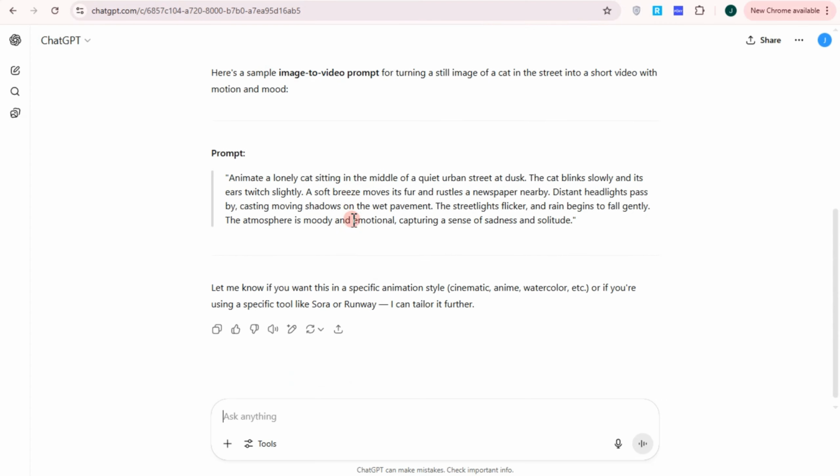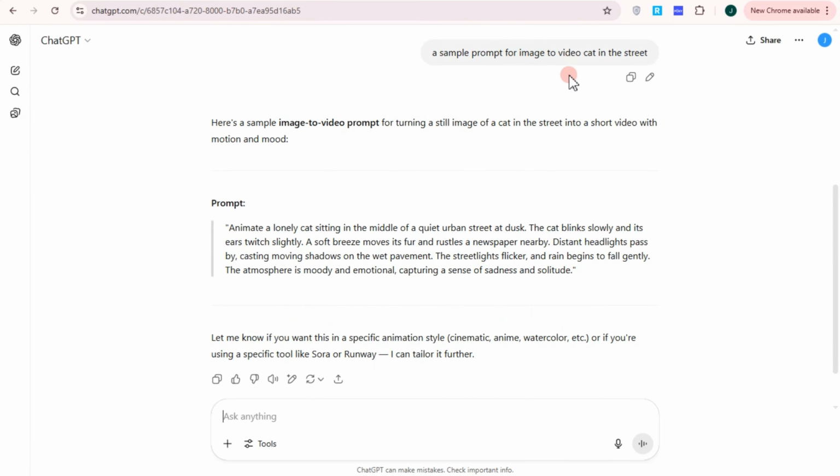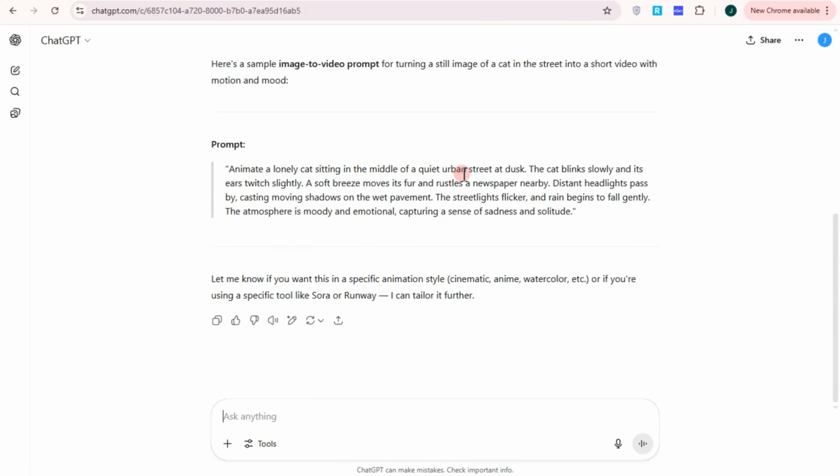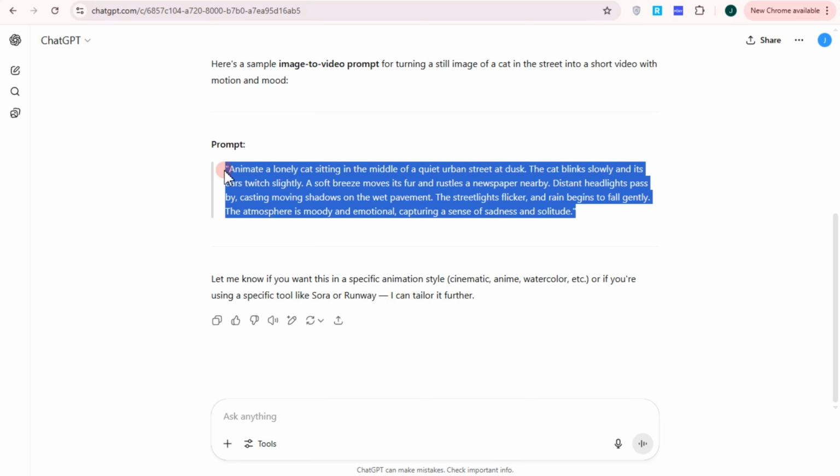TikTok AI video samples and ideas. So here in ChatGPT, I asked ChatGPT to create a prompt for an AI video sample, a cat in the street. You can create a prompt, you can create your own. And once you have your prompt, all you have to do is to copy this, and then you have to